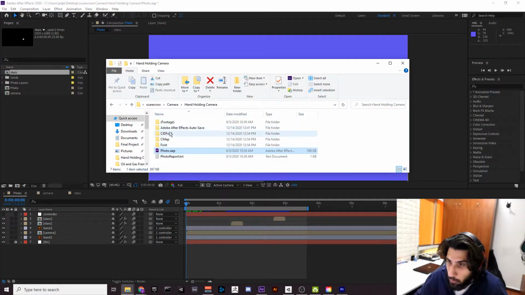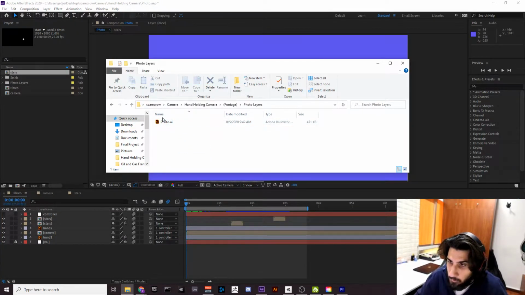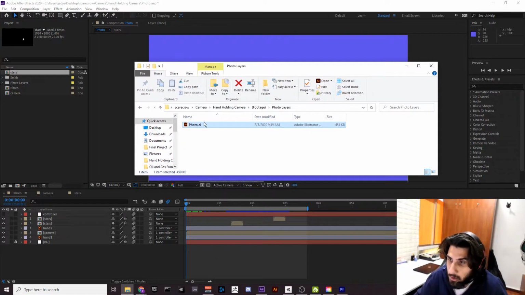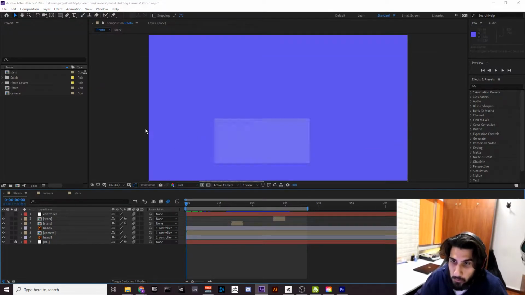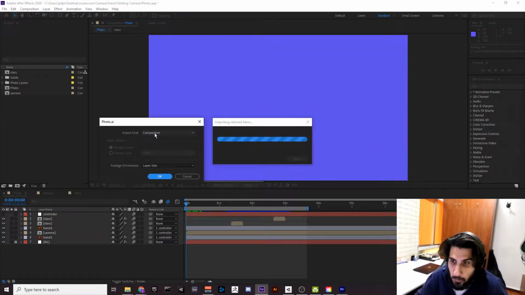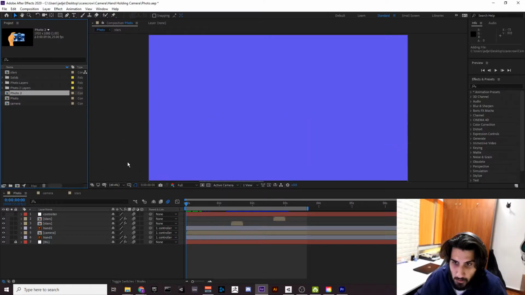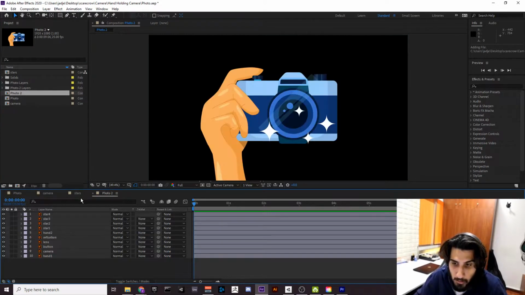So I'm going to send you this, the photo.ai. You can just click and drag and place it inside of your project. This will prompt you what type of import you want, what import kind. We're going to stick with composition and layer size instead of document size and press OK. This is going to bring in a photo too. In your case, it's going to be photo, just like this one. If I double click on it, you can see that it opens up